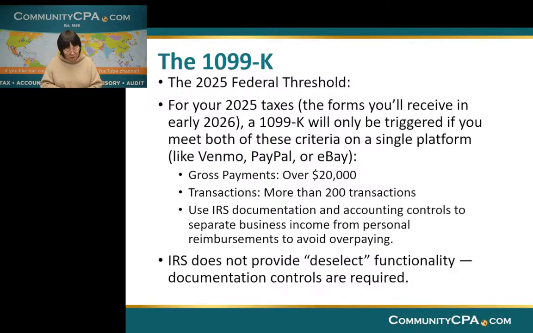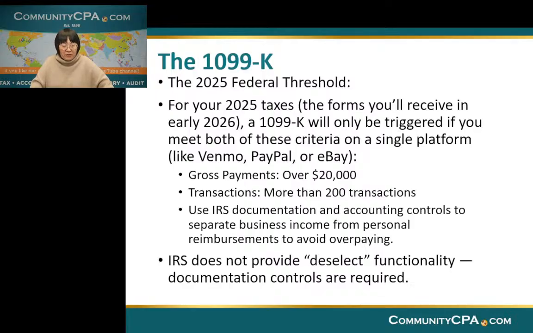Folks come to us and always say, Ying, that is so problematic because I meet the threshold, but the majority of my income is really not business income, it is personal. Then you just need to exclude that. Okay? So when you work on your taxes, you need to work on the deselect functionality. That should be in the IRS form when you are putting in Schedule 1A, and there will be an area for you to deselect what doesn't belong here. All right. That is what I want to mention to you about the business side of